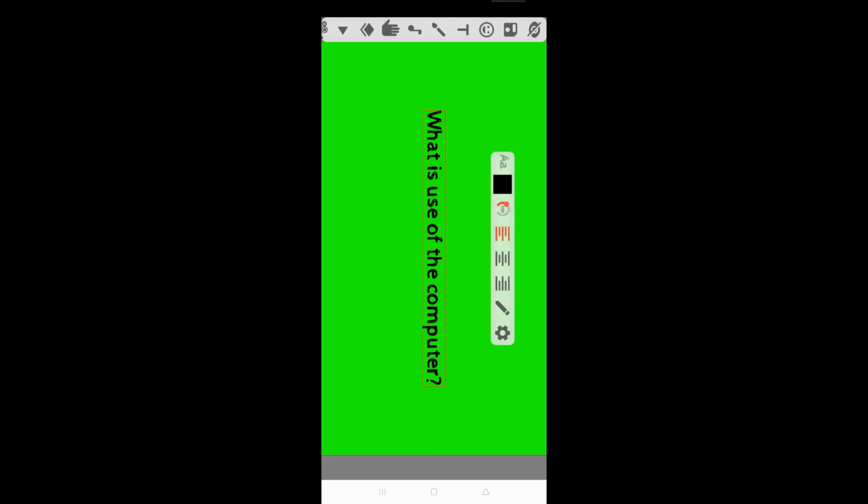Okay, what is the use of computer? Okay, I have done this, and we have to create it here.